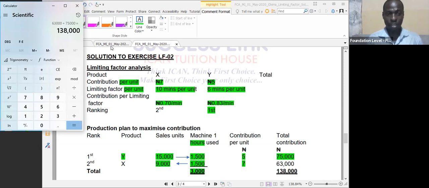12,000 units, which will require 2,000 hours, multiplied by 7 naira. That gives you 84,000. Now, after getting 2,000 hours, that means 1,000 hours will be left for product Y. And so if you have 15,000,